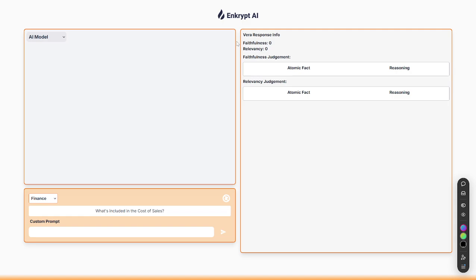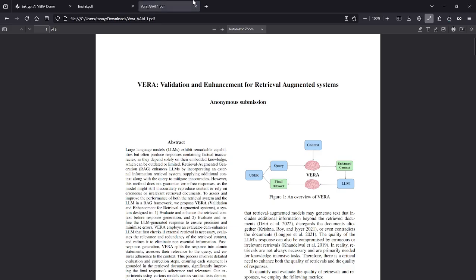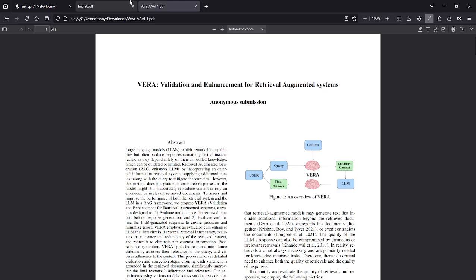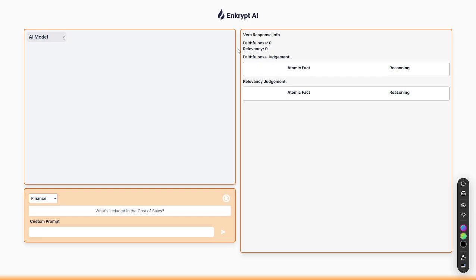which is based on our latest research that we have submitted to the AAAI conference. And as you can see here, it's validation and enhancement for retrieval augmented systems. So essentially, we are trying to detect and also mitigate hallucinations in whatever RAG system that you may have set